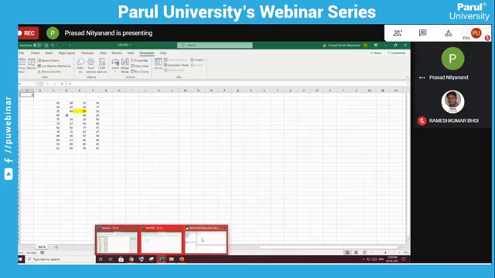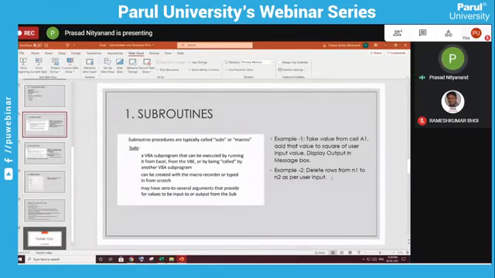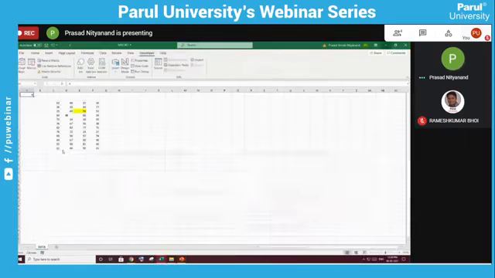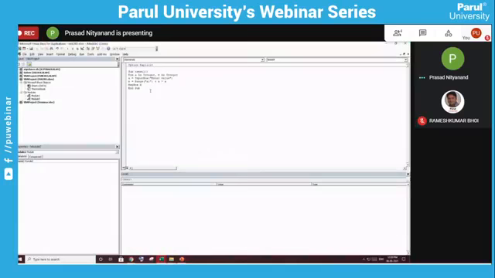Now we'll check the second example. Second example is nothing but delete rows from n1 to n2 as per user input. Now we will dim n1 as integer, n2 as integer. We'll take n1 from user.